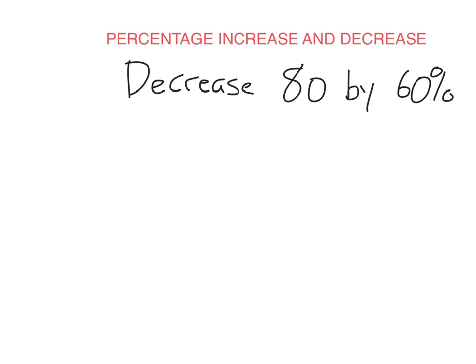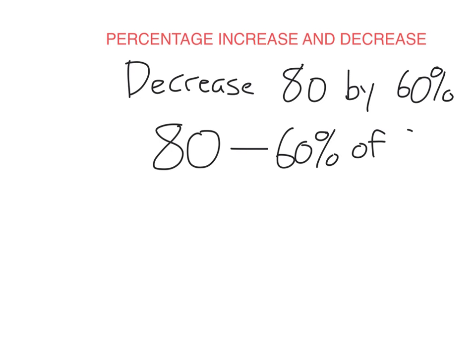Well, you probably have an idea of how to do it, particularly since we reviewed finding a percent of a quantity. You probably know that you can just take 80 and then minus whatever 60% of 80 is, right? Nothing wrong with doing it that way. But we can use this to come up with a formula that will enable us to do it a little quicker. So that is the same as taking 80,